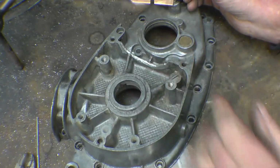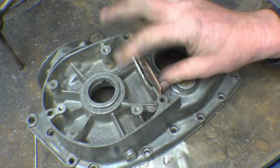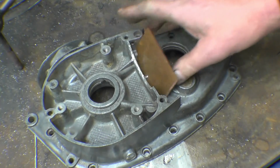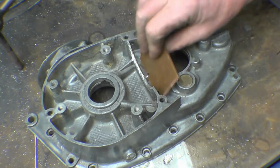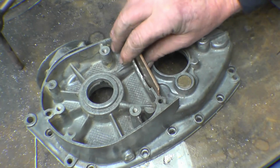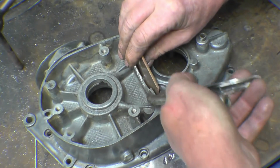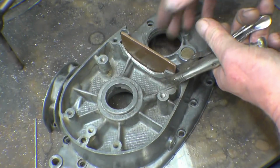This has been cleaned with a die grinder and then washed with acetone to get as much of the oil and muck out of the metal as you possibly can. As you start to weld it, you will see that crap and oil boils out of it, just the way things are. We'll clamp that in place, get the welder set up, and